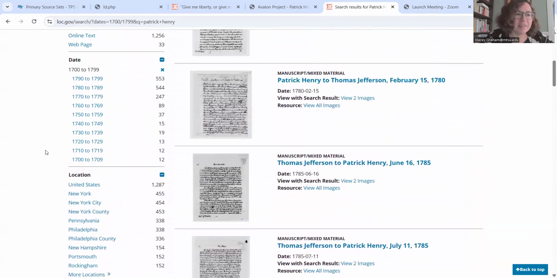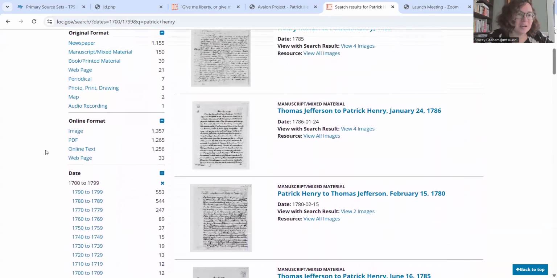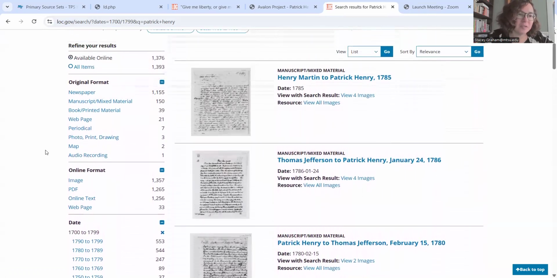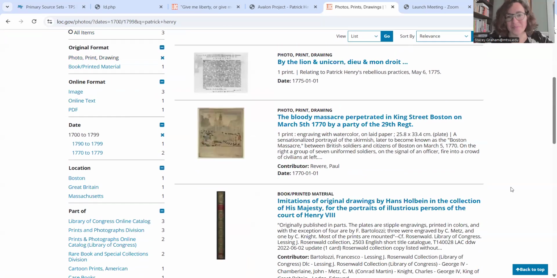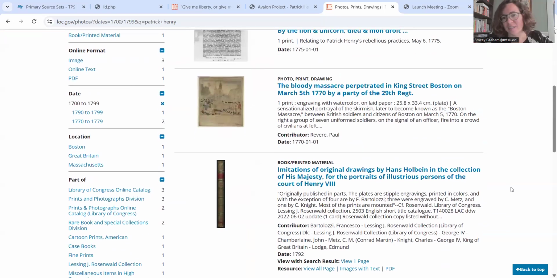Well, you're not going to have a lot of luck, kids, but you can filter out under original format. There are a few results under photo, print, and drawing. So if you look at what those are, you can see,